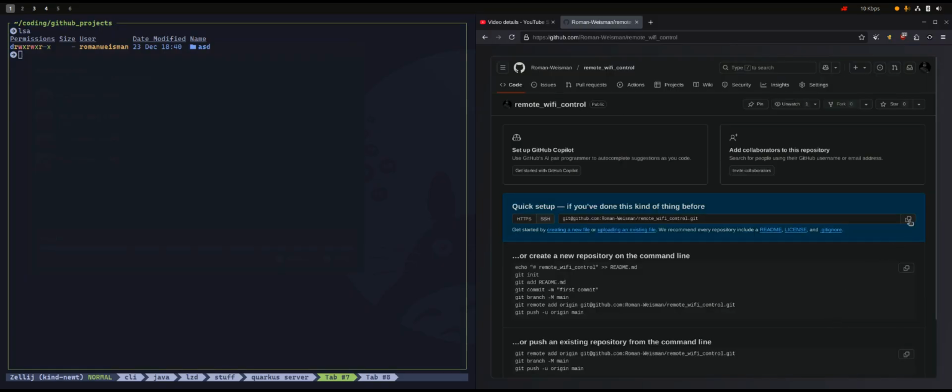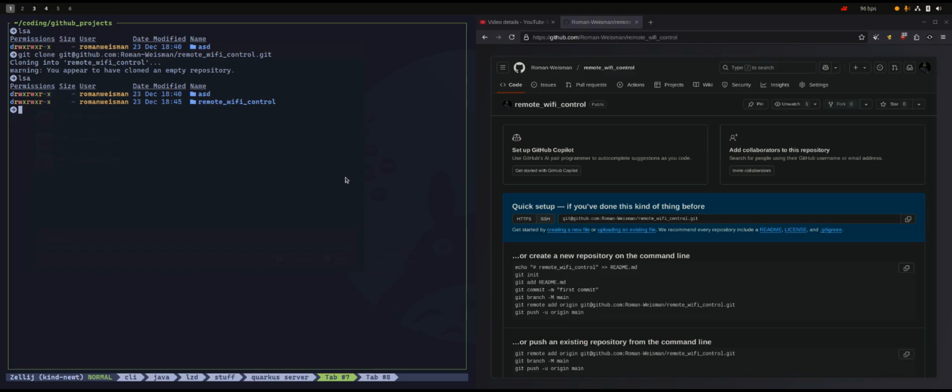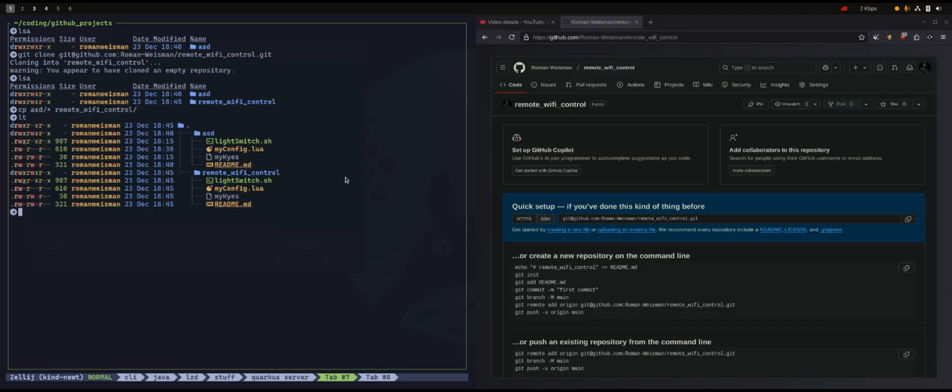Then I'm copying the link, and on the left side, git clone and pasting the same thing. This created the remote Wi-Fi control folder, and I'm copying all my files from ASD into the remote. Now that it's copied, I'm going to the remote